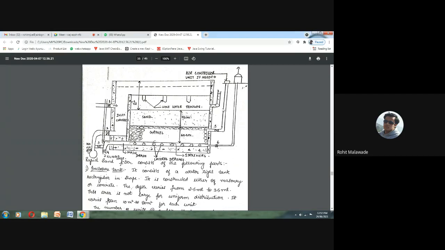Backwashing is nothing but cleaning with the help of water. In a slow sand filter, we remove the top layer of sand, but here we allow water with pressure to go from bottom to top. That is the reason we call it backwashing. The reason we have kept a tank here is for backwashing. This is your water tank for the backwashing purpose.